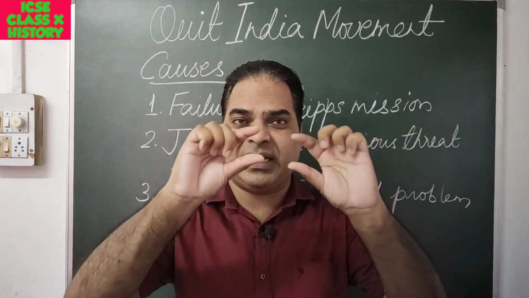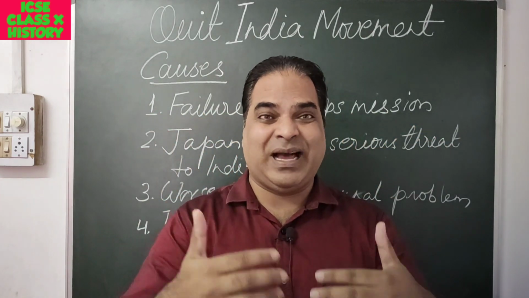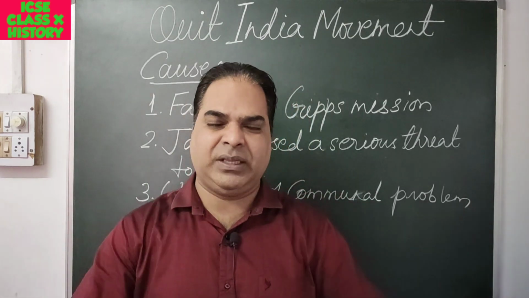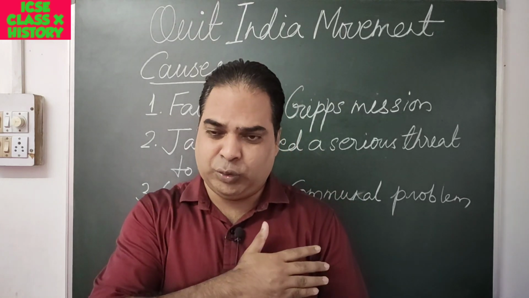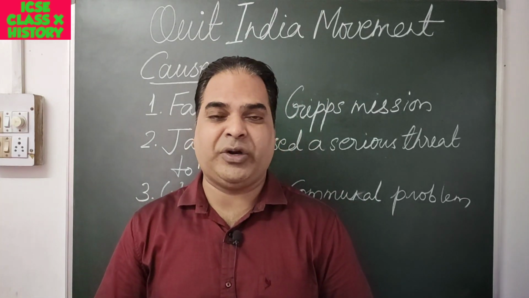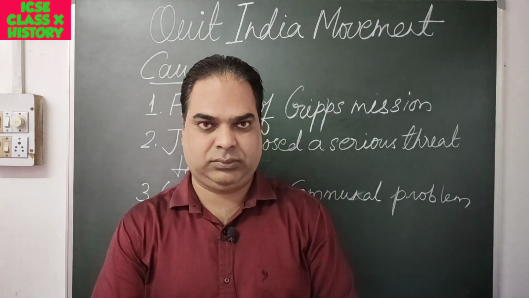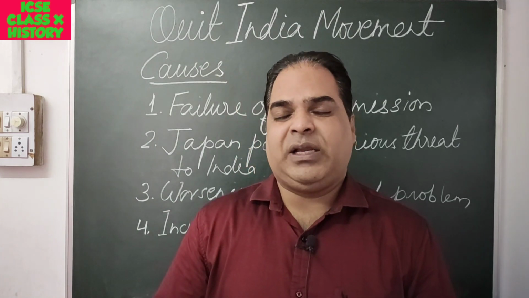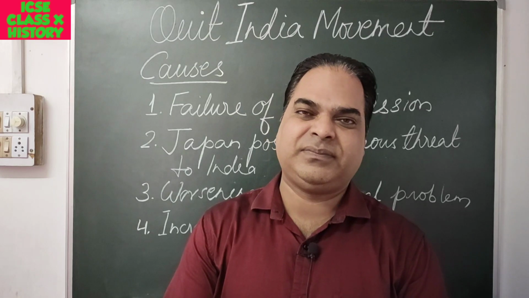So you must remember the date, 8th August 1942, when the Quit India resolution was adopted and Gandhiji gave a clarion call that each and every person must join the Quit India movement to free the country from British rule. Quit means to throw the British authority out of our country. Bharat Chodo Andolan. To some extent it became successful also. Finally, we know that they were very powerful. They suppressed the movement with a heavy hand.